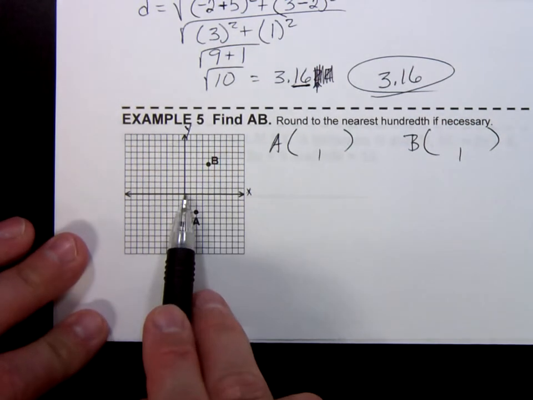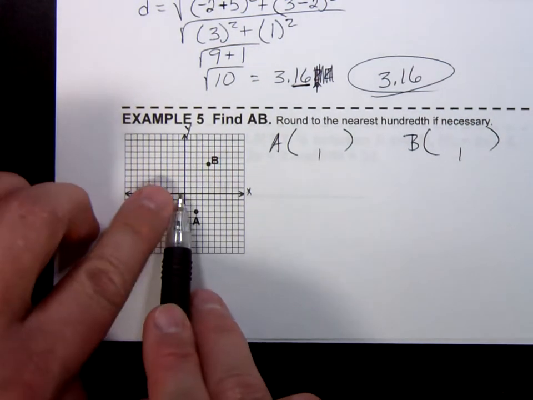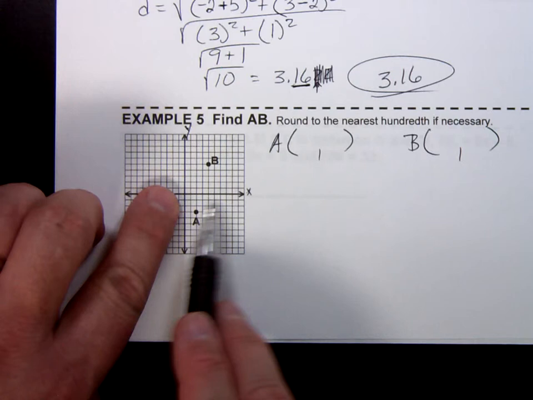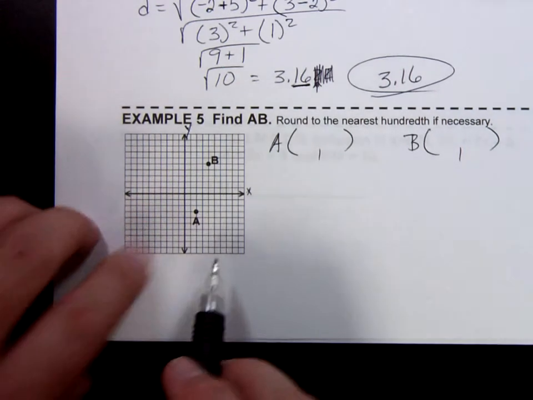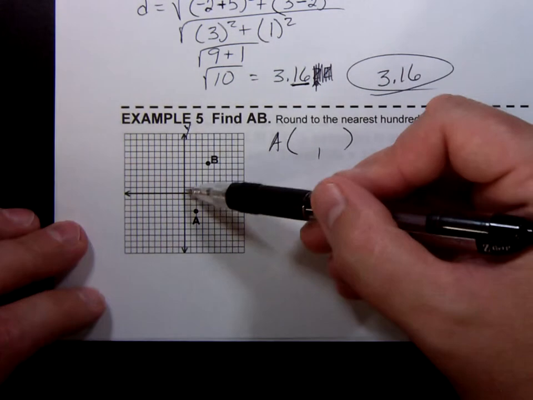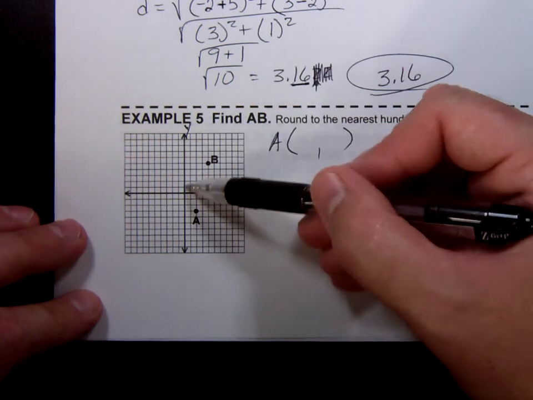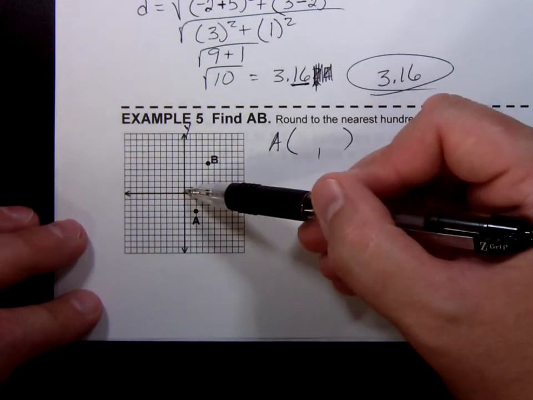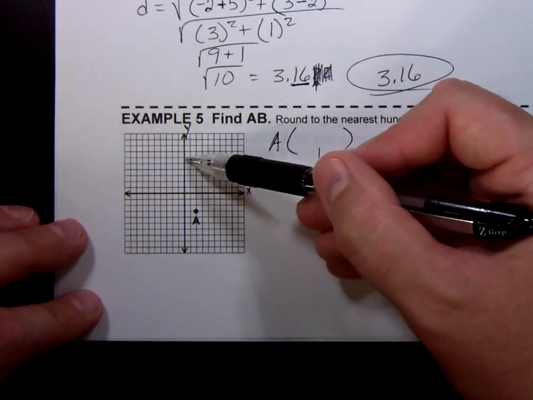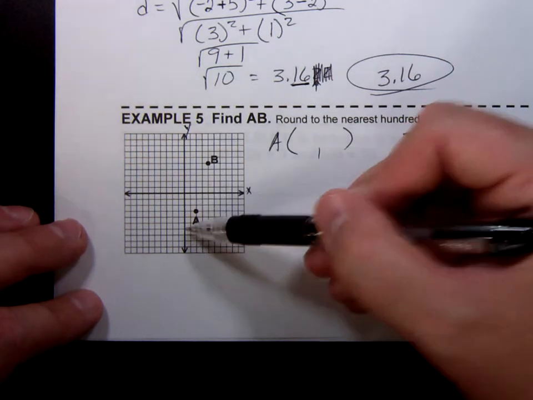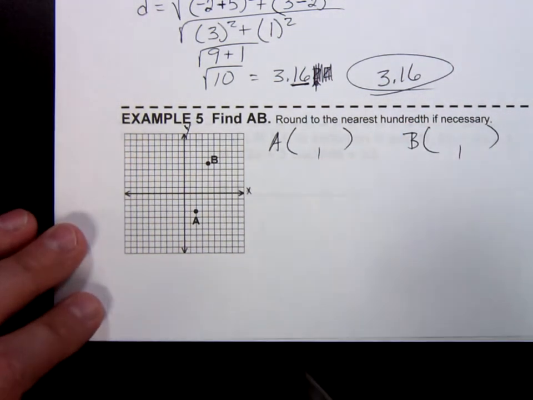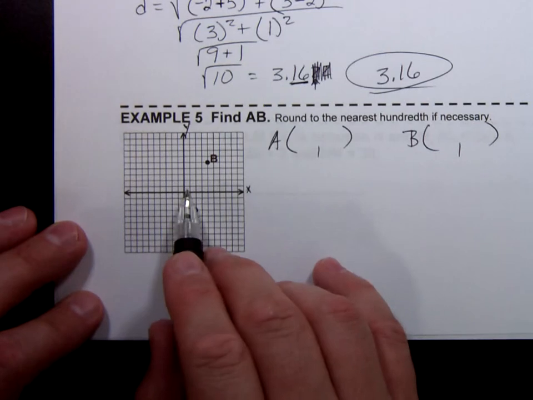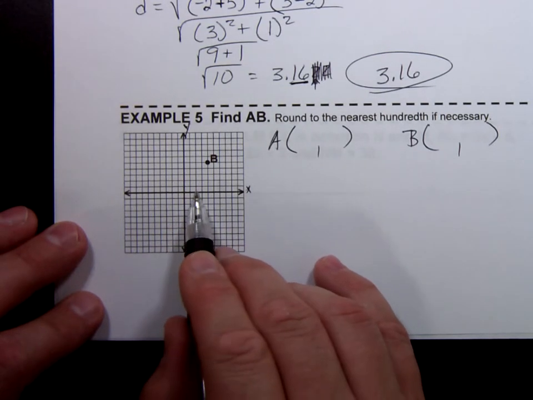If you go to the left, it's negative. So you can see that both of these are to the right of the origin, so they're both going to have positive x values. Okay, for y, when you go up, it's positive, and when you go down, it's negative. So you'll see that b is going to have a positive y value, while a is going to have a negative y value. So if I'm counting from the origin to a, the x value is 2, and then the